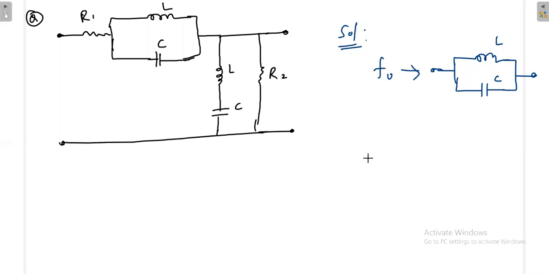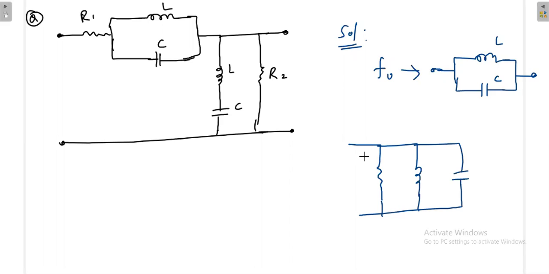Okay, so I'll come by your point. Suppose again R will be here, L will be here, C will be here. So whenever again this is R, finally if you find out the input impedance, that input impedance value is R. Is this correct, ma'am? Yes, as you said, is this correct? Yes sir, this is correct. Okay, now I'll come to the point.